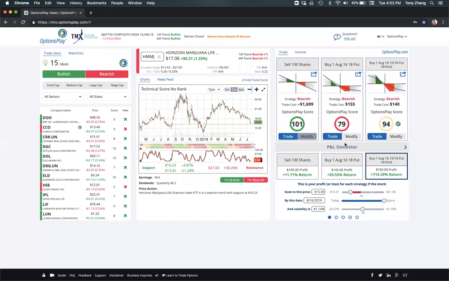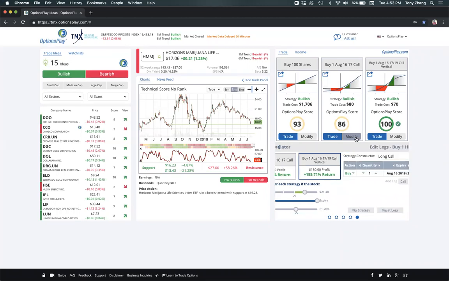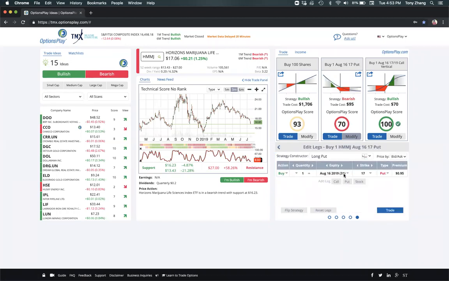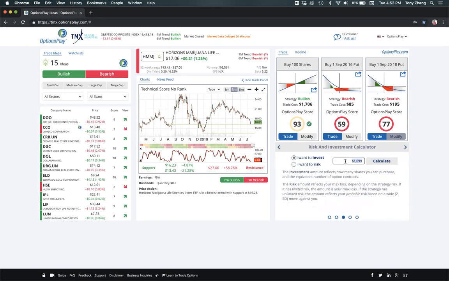put options will shine. So again, let's say I have 100 shares of HMMJ, and let's say I buy a put option here. Let's look at the September's again. Let's first look at a 16 as a catastrophic insurance, and then let's look at the 18s as the comprehensive insurance. And again, let's say you have $20,000 in marijuana stocks. So here, my $20,000 marijuana portfolio is roughly constructed of about 1,100 shares of HMMJ. I can buy 12 contracts of the